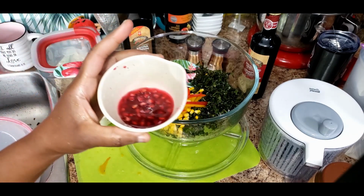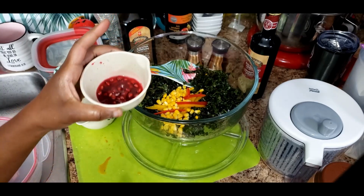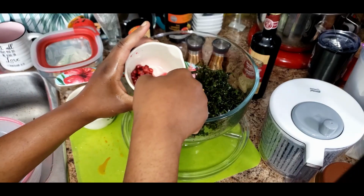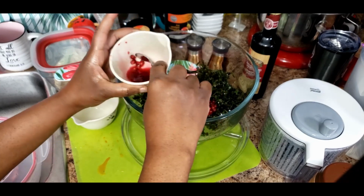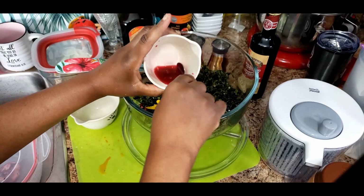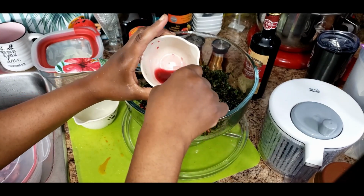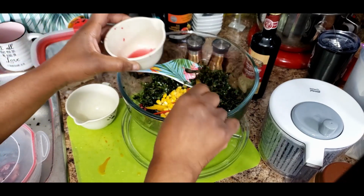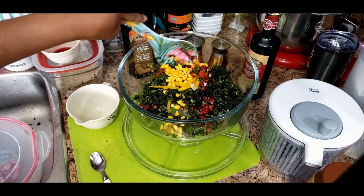And then here is the pomegranate. I think I'm going to put the pomegranate. I don't want too much of the liquid. I'll taste it first and then add the liquid onto it maybe after. Maybe add a tablespoonful of the liquid. I might add the rest later, but let me just put the